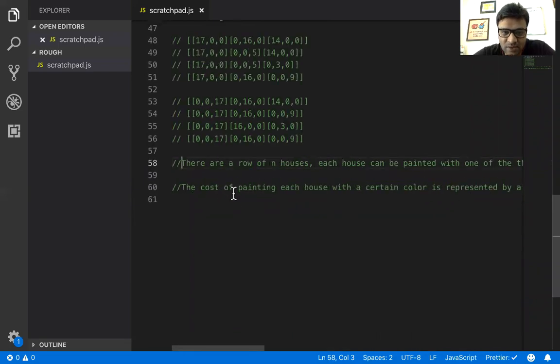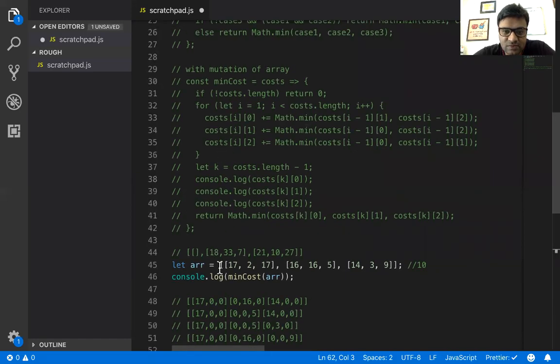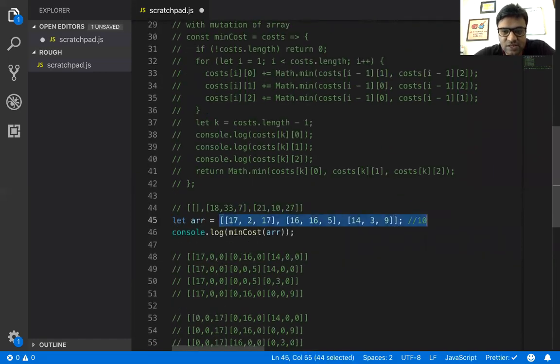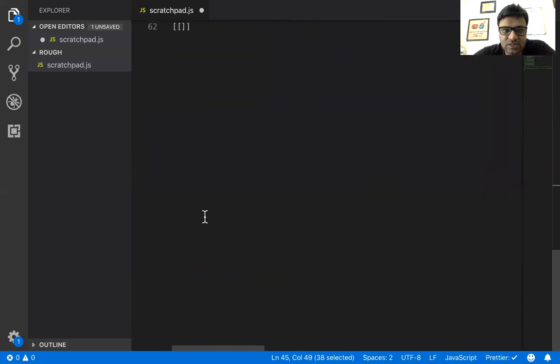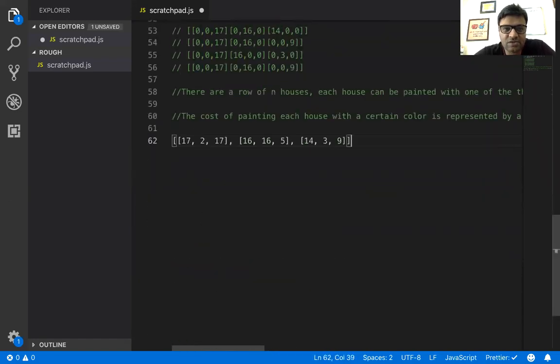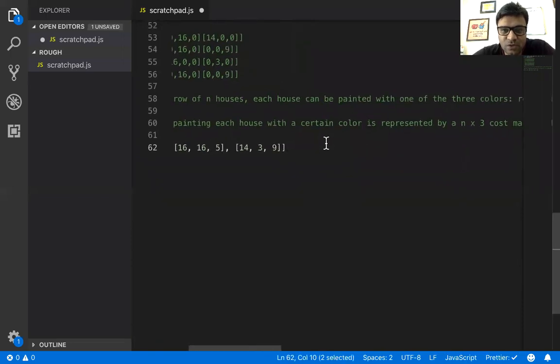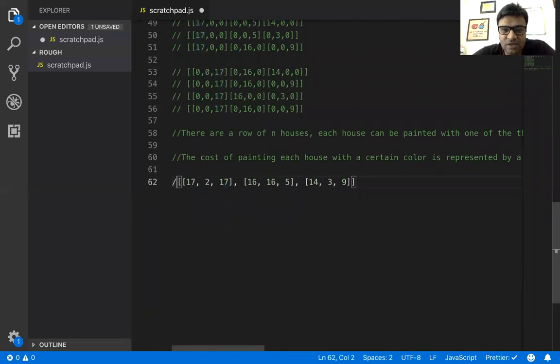For example, let's take a matrix. This is a matrix of three houses. For painting the first house, coloring red costs 17, coloring blue costs 2, and coloring green costs 17, and so forth. And it says that we have to minimize the cost, and in this case, the minimum cost will be 10